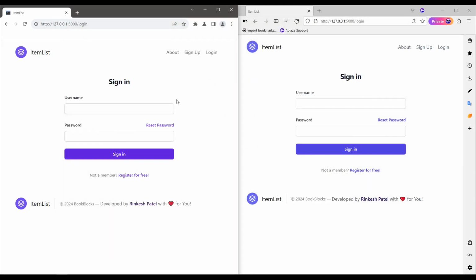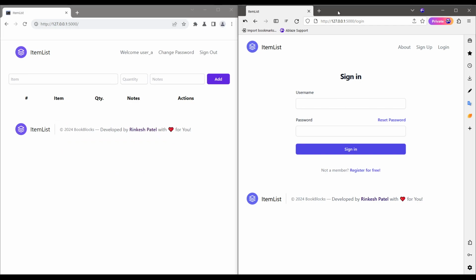This is a simple to-do list basically, but I used a WebSocket, as in duplex communication with the server from the client side. So, for example, let's say I'm gonna log in with user A on this window. 1, 2, 4. And I do have another browser open here which is completely different than the original browser, which is Chrome, and I'm gonna log in with the same user A,